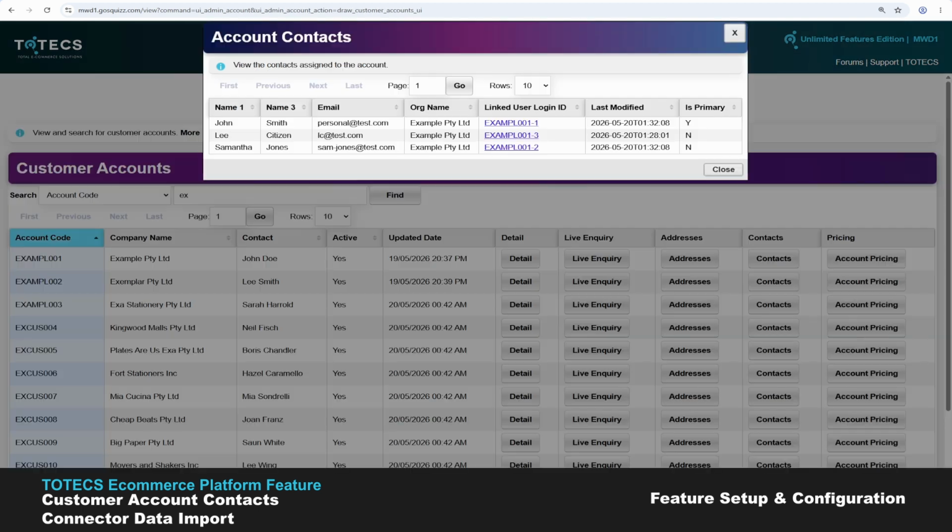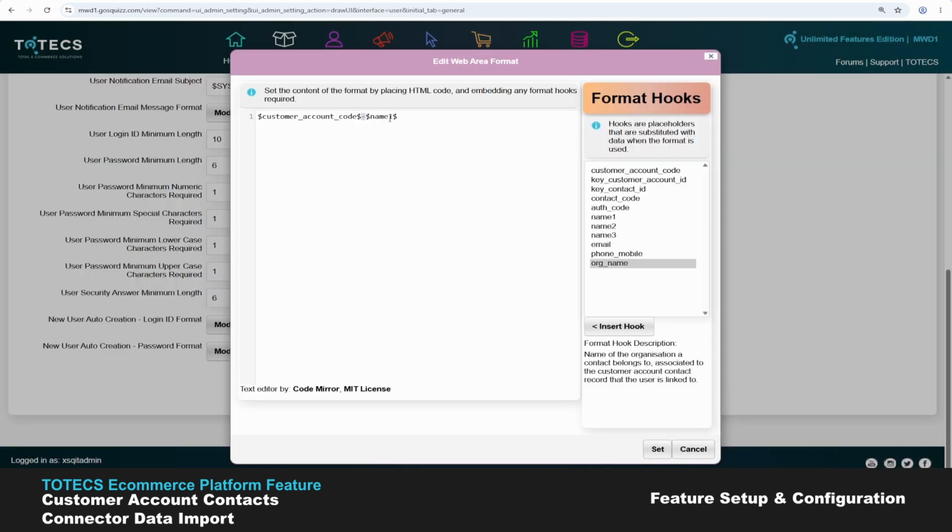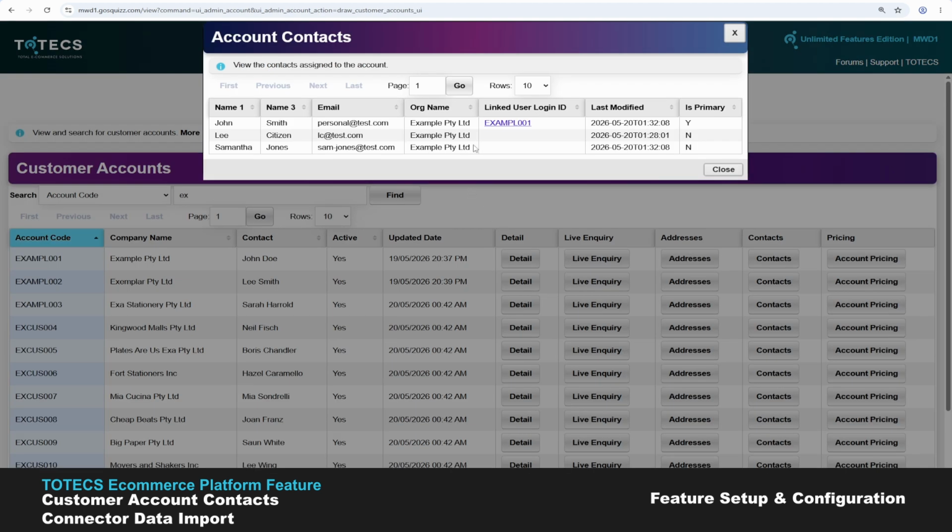If that is the case, the data import will not create a user if it cannot guarantee that user would have a unique login ID. So if we just use the customer account code and we left no other suffix in the login ID, then when the customer account contacts data import runs, only for the first contact record that it finds against the customer account will it create the user's login ID for,